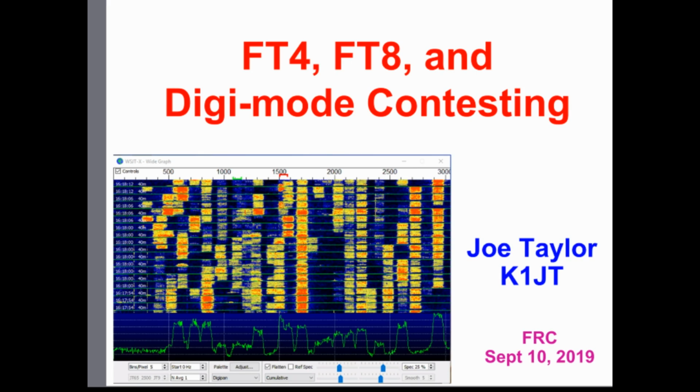The answer is yes, in the sense that if you opened up a bandwidth of 10 kilohertz or so, not only would you see all the guys down in the first three, but you'd see how much other people had spread out. If there's starting to be activity moving up, you could join them and work a bunch of stations with a very small amount of QRM. The way the software is built,